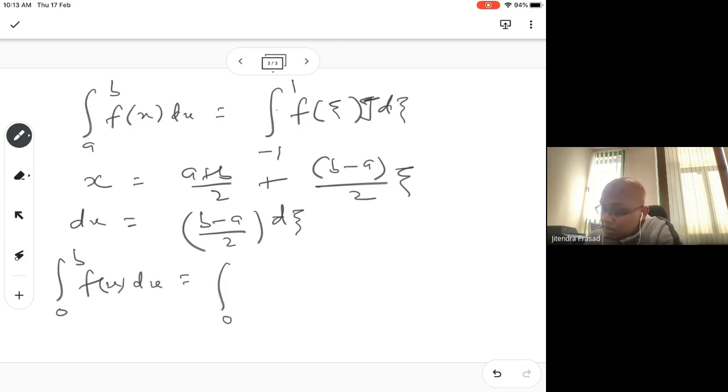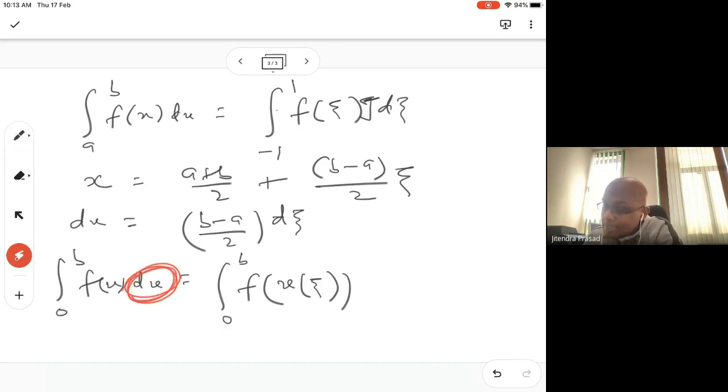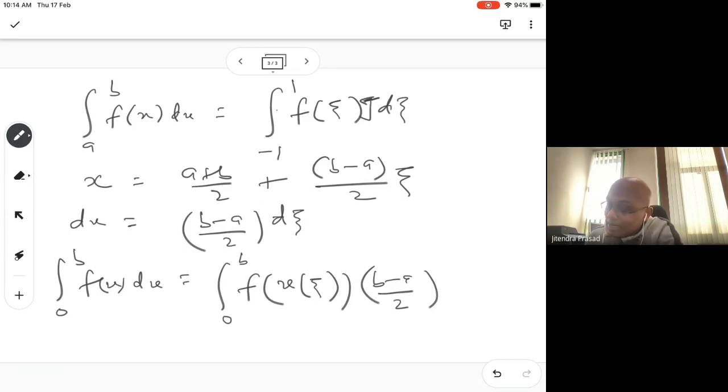We will convert this f and x as a function of xi. You can put inside it, right? And then dx becomes like this. So we will have b minus a divided by 2, right? Okay, and then you have d xi, and this value becomes -1 to +1,